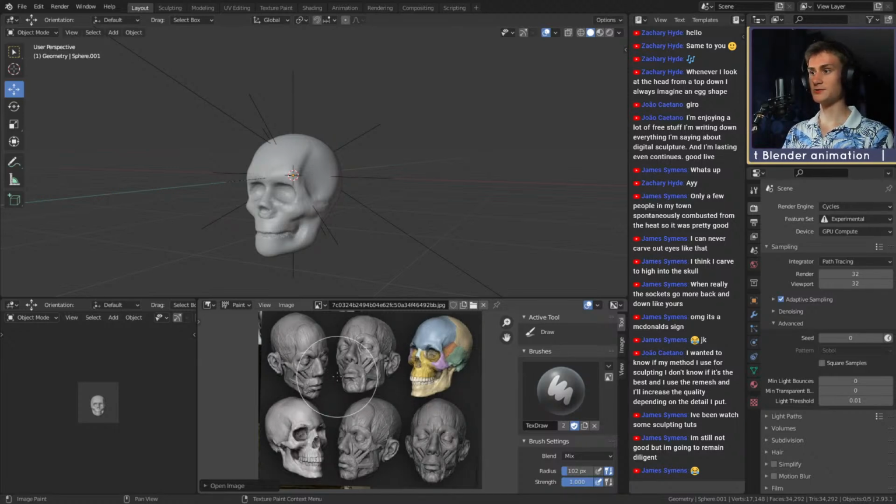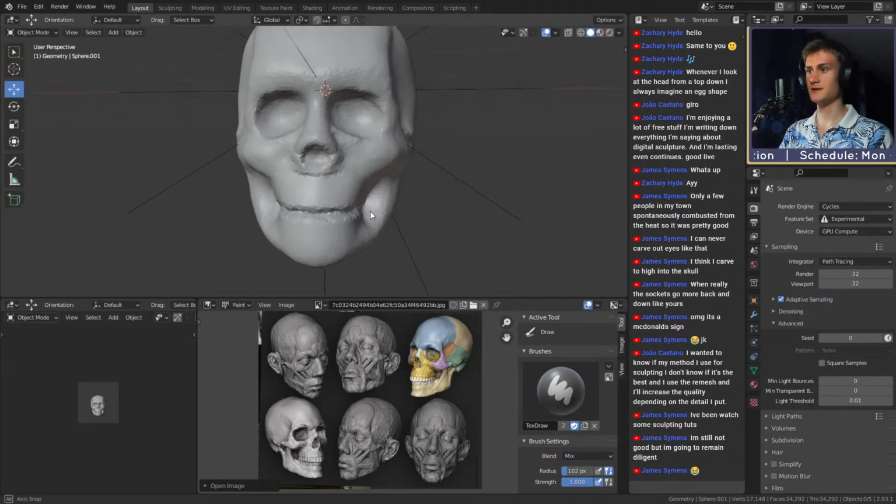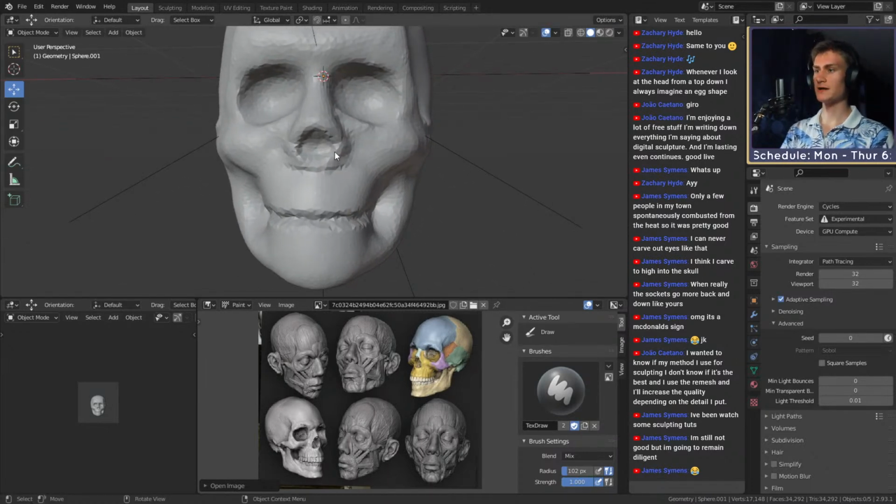So let's get into the muscle structure of the face. We could go very in depth, but if we wanted to go really in depth, we would need more time. I think what would be more valuable right now would be sculpting, how to sculpt the individual aspects of the face, like for example the eyes or the nose or the lips. How you would add the lips now to this